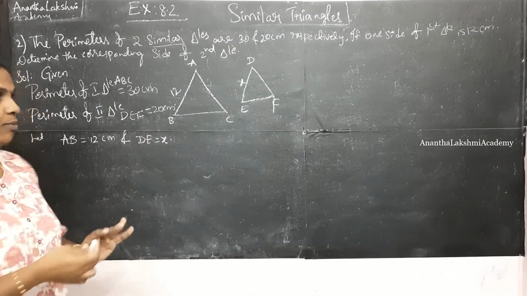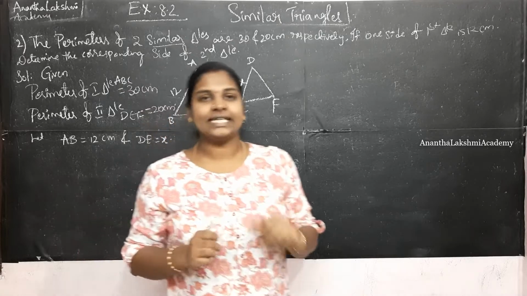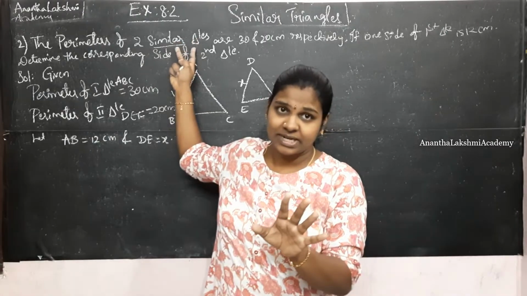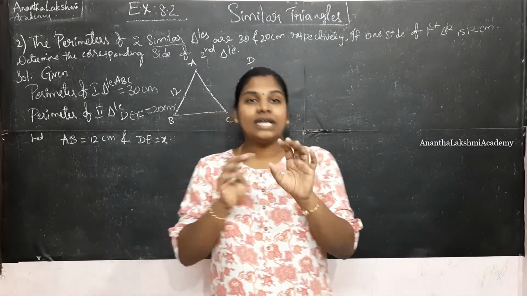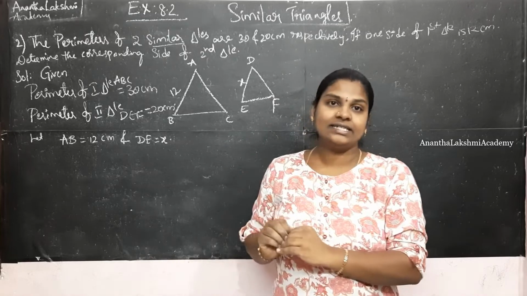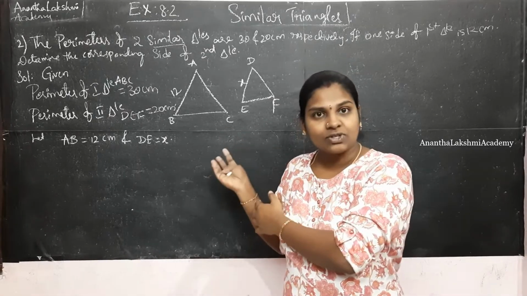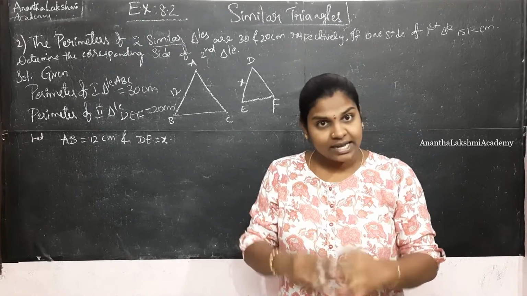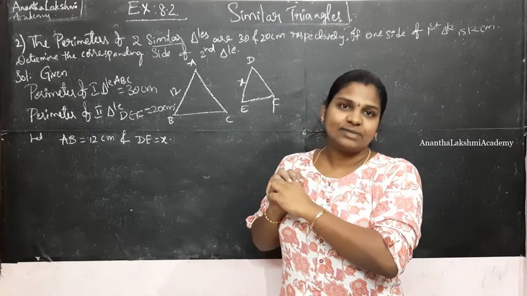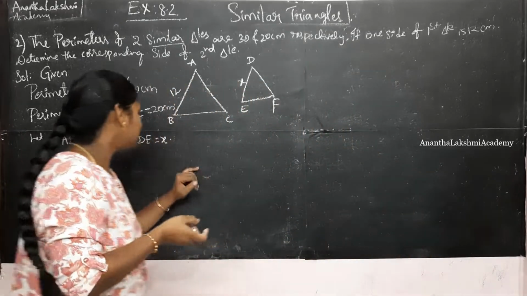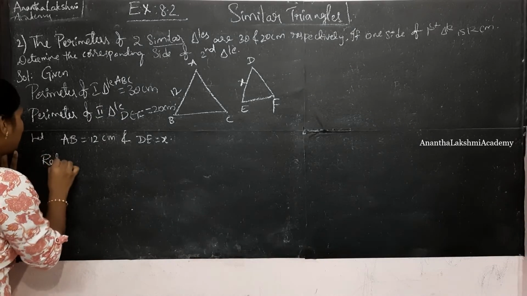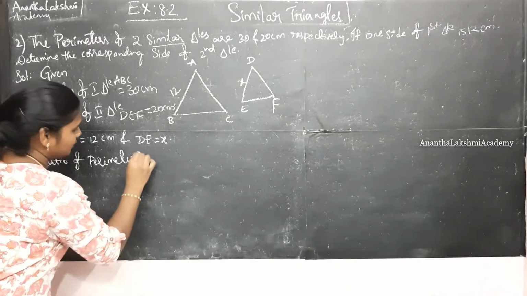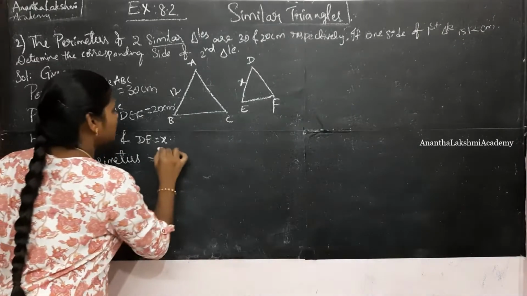Now how do we solve this problem? We have a formula: when it comes to similar triangles, not for all triangles, the ratio of the perimeters of similar triangles is equal to the ratio of their corresponding sides. I repeat, the ratio of the perimeters of similar triangles is equal to the ratio of corresponding sides. Let me write that down for you. Ratio of perimeters is equal to ratio of